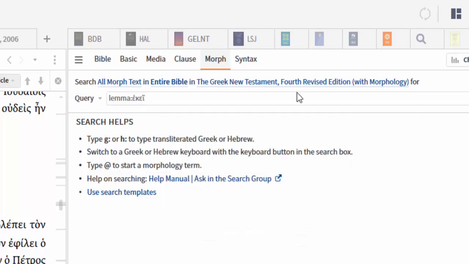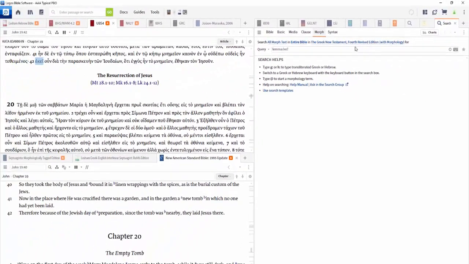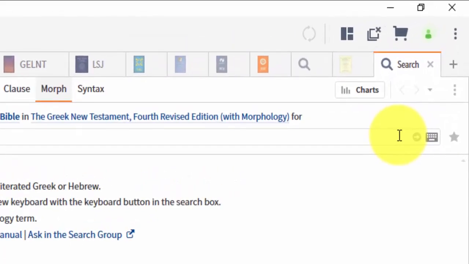I found it's important to actually affirm one of the word options being offered by Logos rather than just trusting my pasted or typed word. The logic within the system seems to work much more smoothly if I affirm, yes, the word you're offering me is the one I want. You can either type enter, click the enter key, or you can click on this right arrow in order to